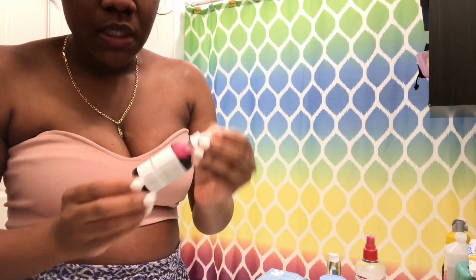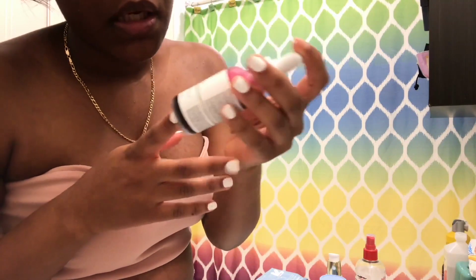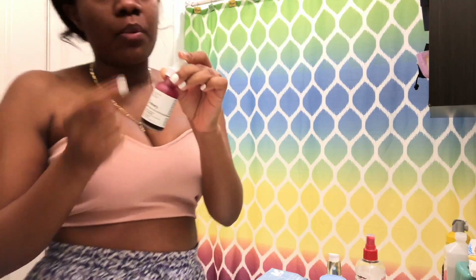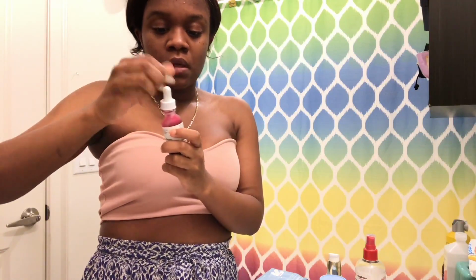Sometimes I use the Ordinary BHA peeling solution to just help with my dark marks, and it's very mandatory if you do use this to use sunscreen, because if you don't use sunscreen, it's like you're not really doing anything for your skin. And this is what it looks like. It kind of looks like blood, but yeah, when you first put this on,